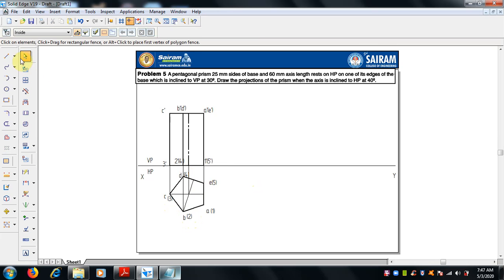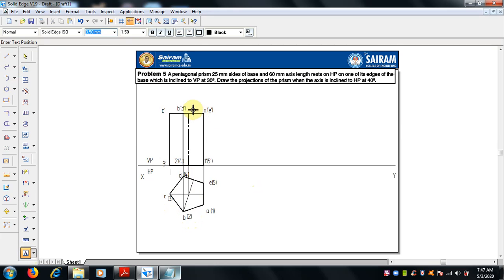Okay, now the axis. Let me name the axis for this. Here it's O dash, and at the bottom O1 dash. O is visible, O1 is invisible, so we will put it in a bracket.